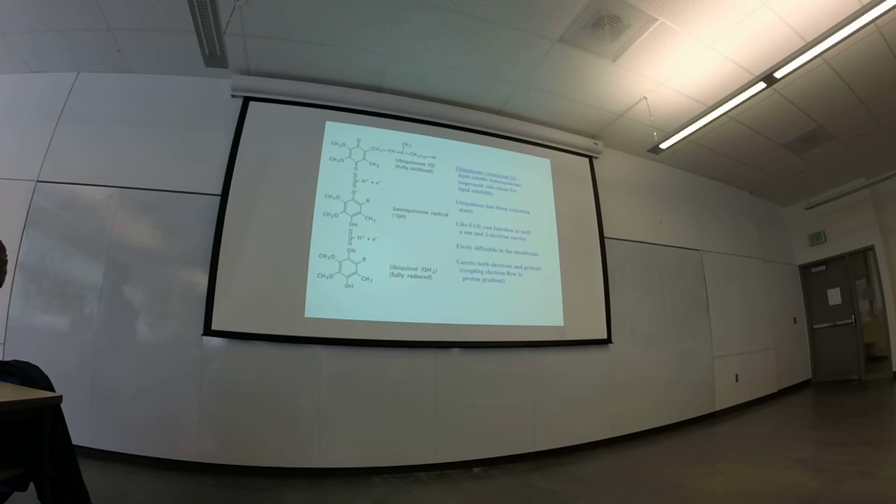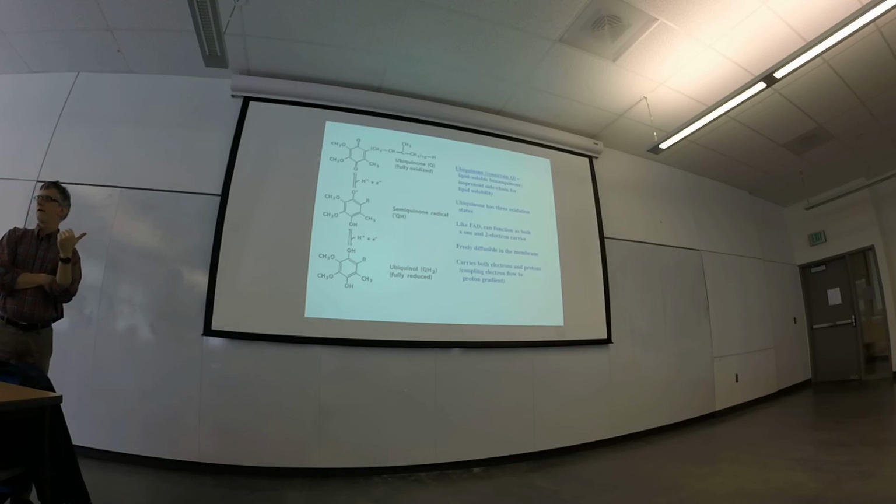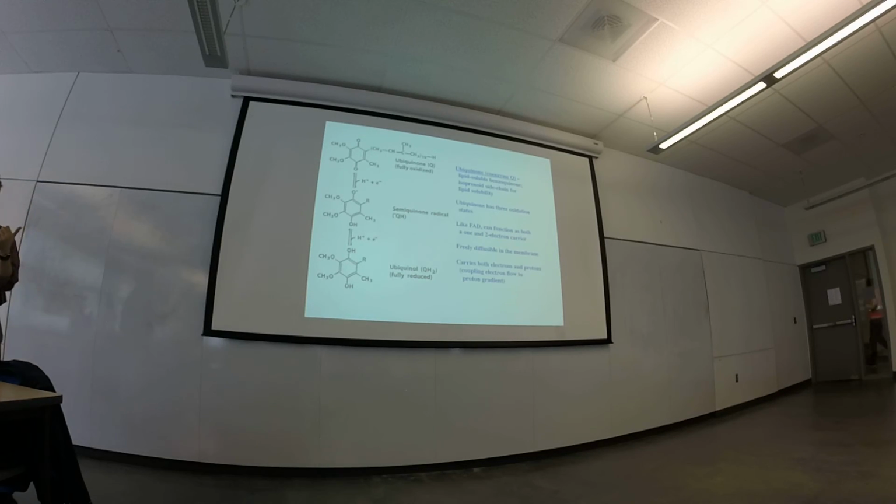So the important thing about that is, as we'll see when we look at the overall scheme, we have to move electrons around the membrane to get from one complex to another at a crucial point in the chain. And what moves them is this guy Q. Okay? So if he can't diffuse, then you can't get electrons from what's going to be complex 3 to complex 4. You can't get the electrons there. Complex 4 is where oxygen is. Complex 3 is where all the reducing equivalents from metabolism converge. But if you can't get from 3 to 4, you're basically toast in terms of being able to actually deliver electrons to oxygen. So this compound delivers the electrons not directly to oxygen, but to the protein